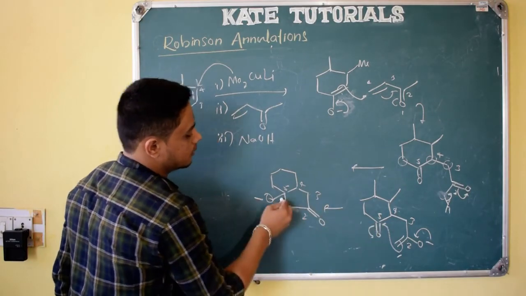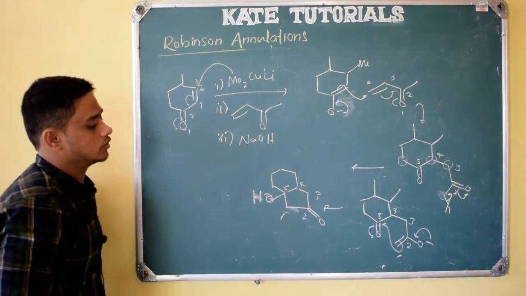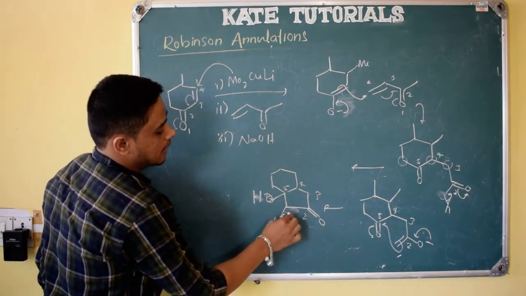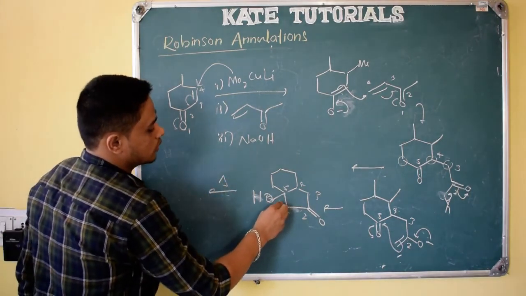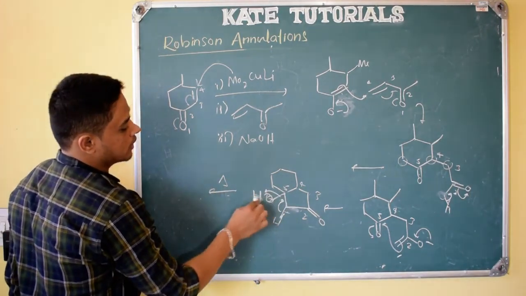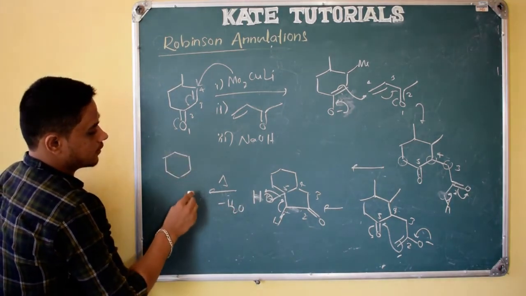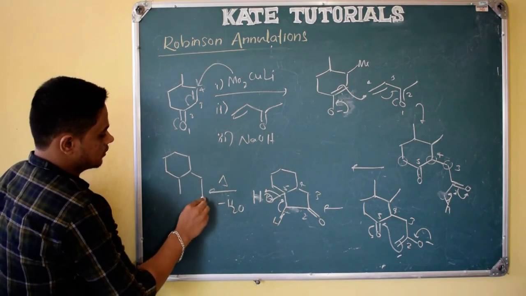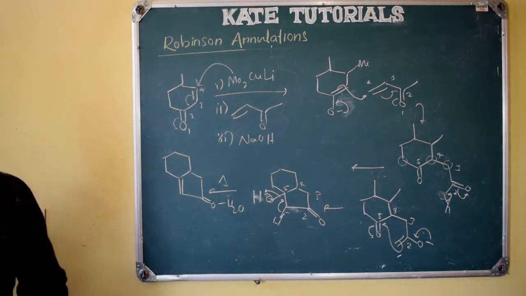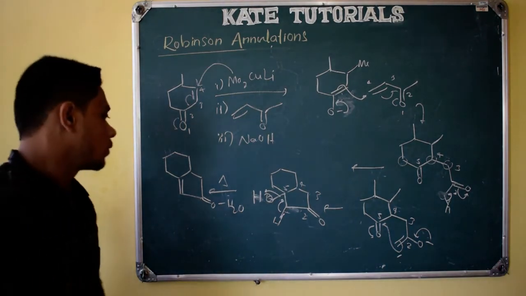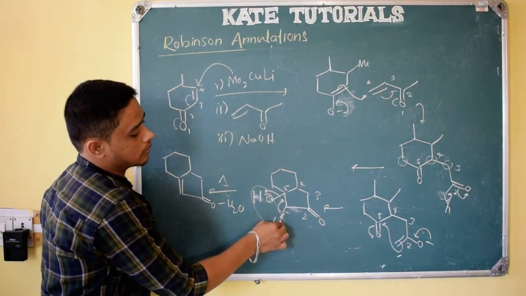The 5th carbon carbonyl becomes O minus, and from water OH will be there as usual, and here the proton will be acidic, and it will undergo E1cB in basic condition at elevated temperature. So the water molecule is removed, OH minus, H2O, and we will remove this water molecule. So this is the required product, we got it, right?